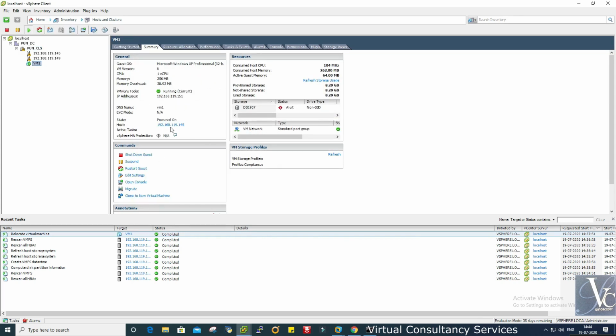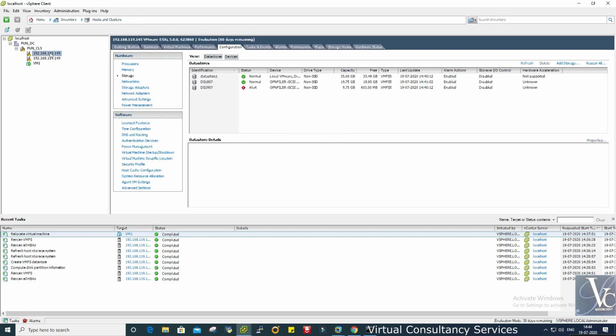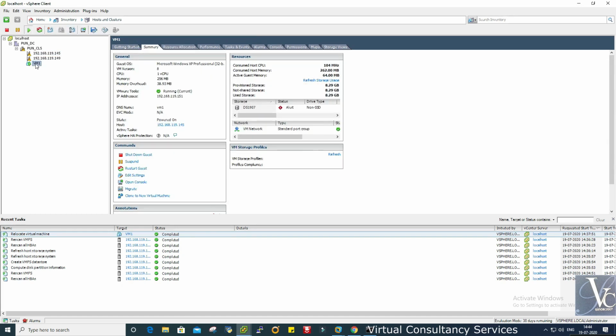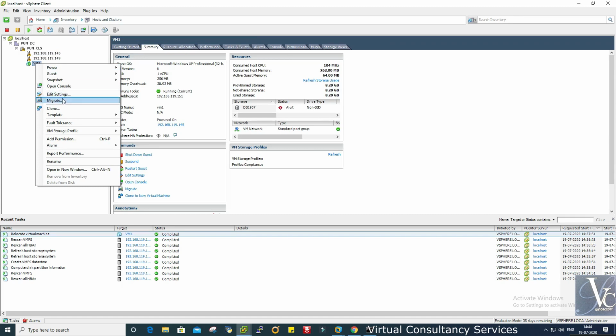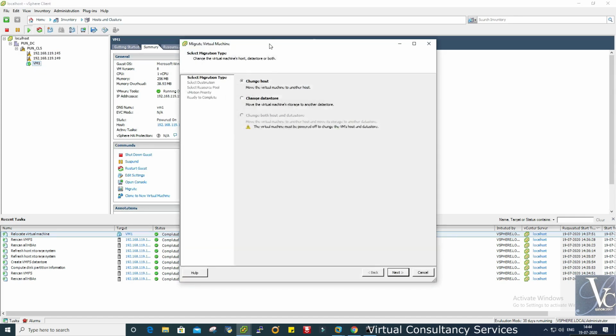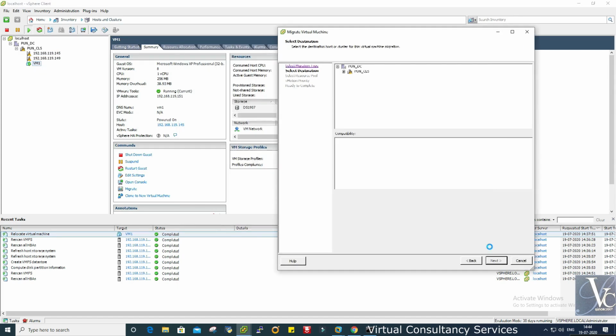Okay, good. So we are done with this migration, svMotion within the data store. Now this VM is on 145, that is this host, right? So we will do a live migration here, manual live migration. This is called a live migration, manual live migration.